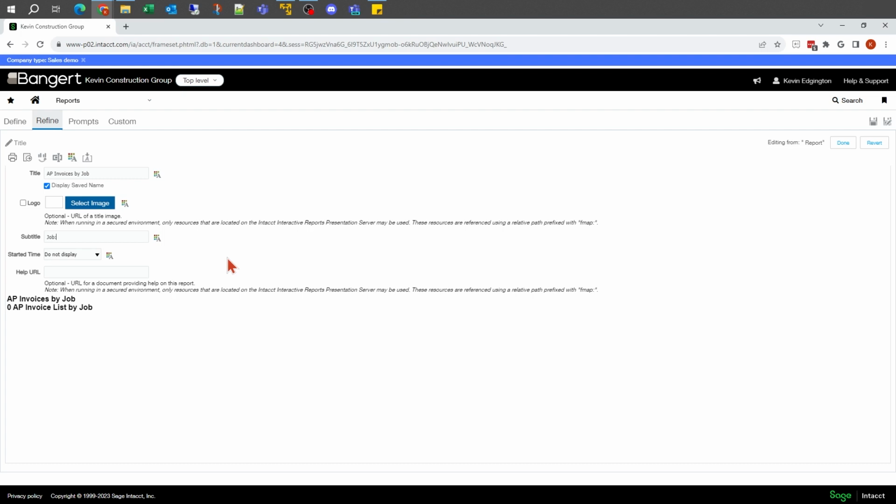I'd called it just straight job for my variable. They need to be in brackets when you put them in here, and they have an @ symbol in front of them representing a variable. So I'm going to put an @ symbol for a variable, then one of those squiggly brackets, job, close squiggly bracket, and then maybe I'm going to say date, and do the same thing. So I should be able to say @ squiggly bracket, date, close squiggly bracket, and let's see what that looks like in my subtitle then. So I'm going to say done here.